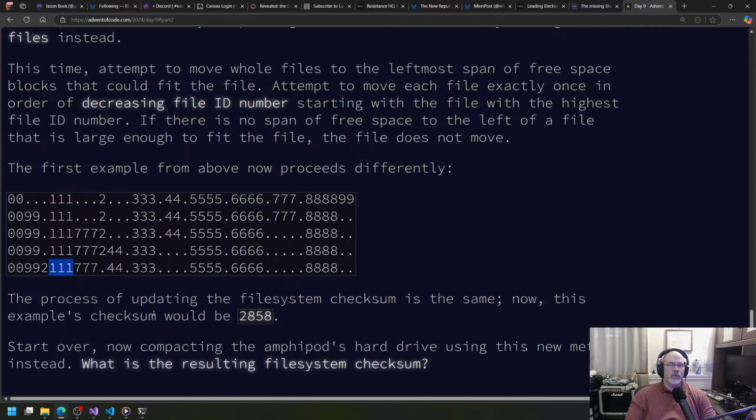And then you would just keep going through all of your files of decreasing identifiers. So what you want to do is go through and say, find me the file of decreasing identifiers. Because once we've moved 9 here, you're not going to suddenly make space. You're just going to fill it. So there's no reason to do this again and try to do the calculation. You can skip it. We're just going to go through decreasing identifiers, finding where they are, and then determining if